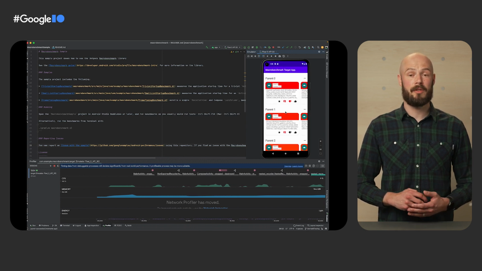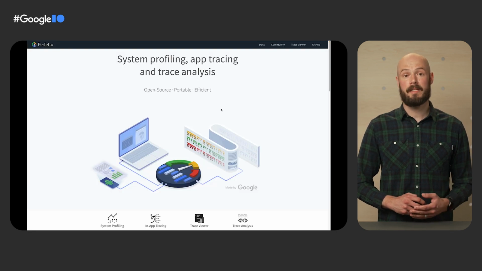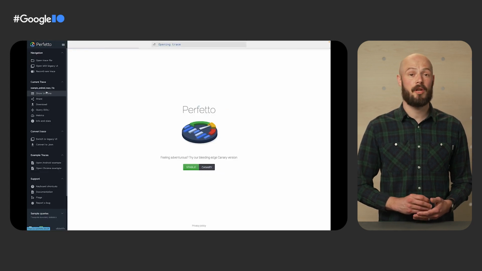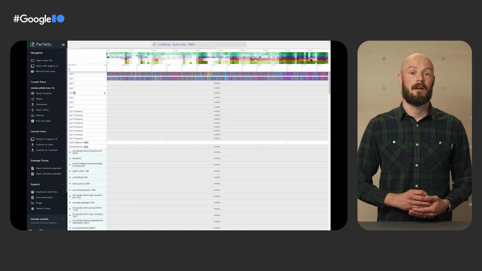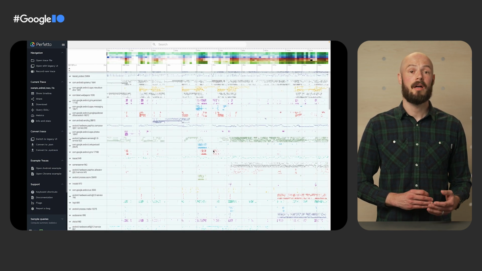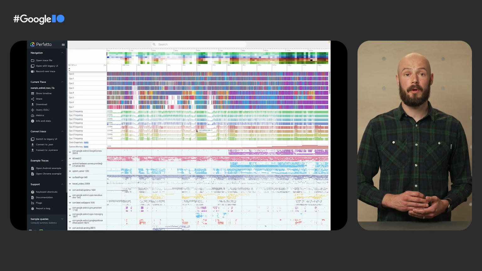And even if you don't have Android Studio installed, you can look at the resulting data using Perfetto. Perfetto is a web-based application that you can use to navigate through app traces. With Perfetto, you can dig into detailed information about many aspects of your app, as well as the underlying device state at any given time. You can use it to analyze and explore app traces in detail, profile the entire device your app is running on, and use the trace processor's SQL-based interface for detailed analysis, attach exported data to bug reports, and more. Android Studio profilers and Perfetto traces are interoperable, so traces that you have exported from Android Studio or an Android device can be analyzed in Perfetto as well.